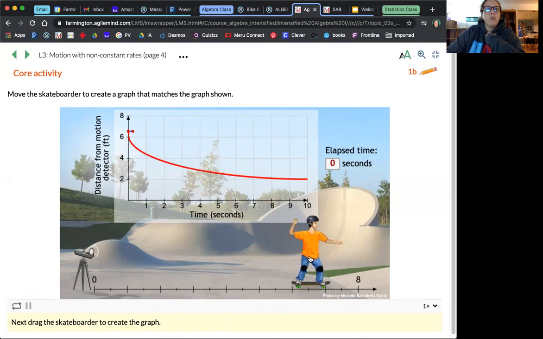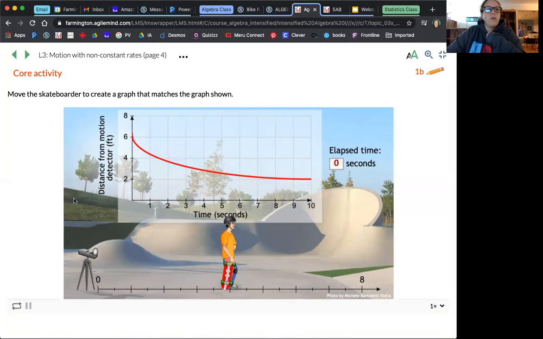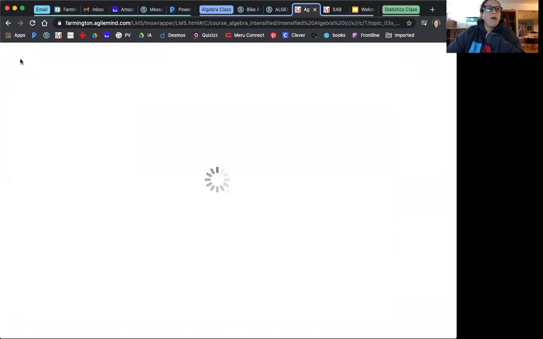All right, let's try it one more time just to see if we can get there. And then we slow way down. I still didn't do that beginning part very well, but you can see. If we wanted to make a really clear graph, we're going to try that in just a moment. But let's